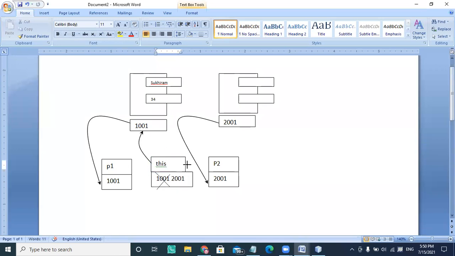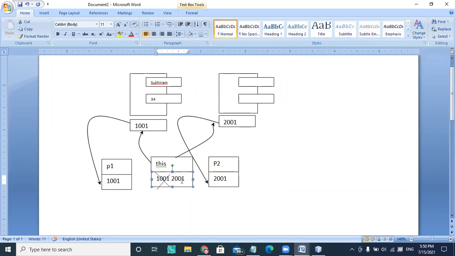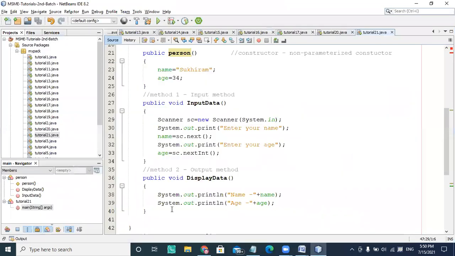Previously it was referring to the 1001 location, and now it refers to the 2001 location. So every time these references keep changing addresses, and you start referring to whichever object is active in memory. So instead of writing the name, you can write this dot name and this dot age. It is the right practice, and most of the time people use this dot.